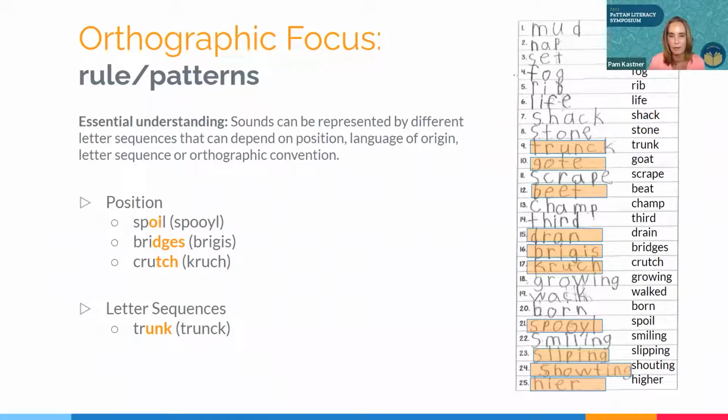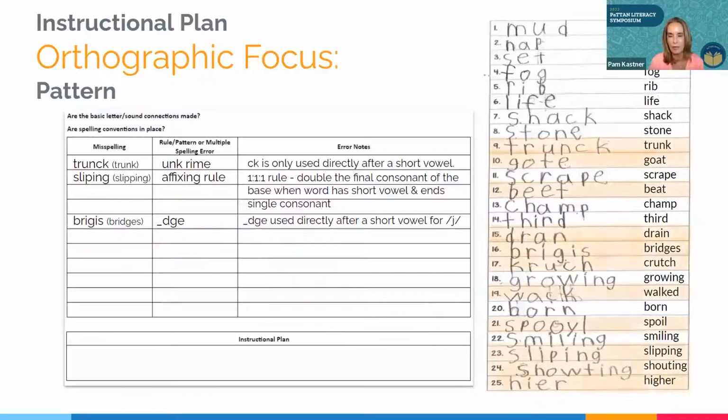We have no concerns with phonology, but we do have some concerns with spelling, right? Same thing with goat, with our vowel teams, and beat with vowel teams, drain and bridges and crutch, positional spelling there. So we can see, back to those 5 principles that I shared with you earlier, the student is having some challenges, again, with long vowel patterns, but also position, how to spell within a position of a word